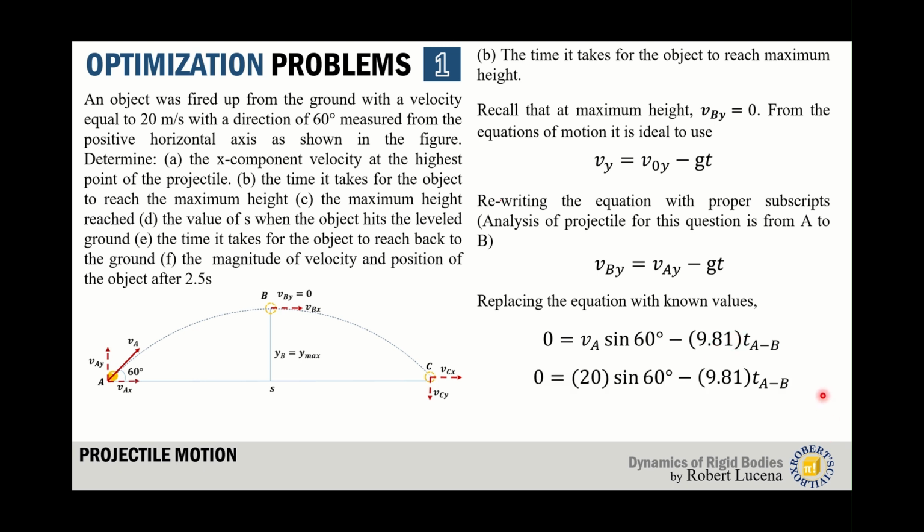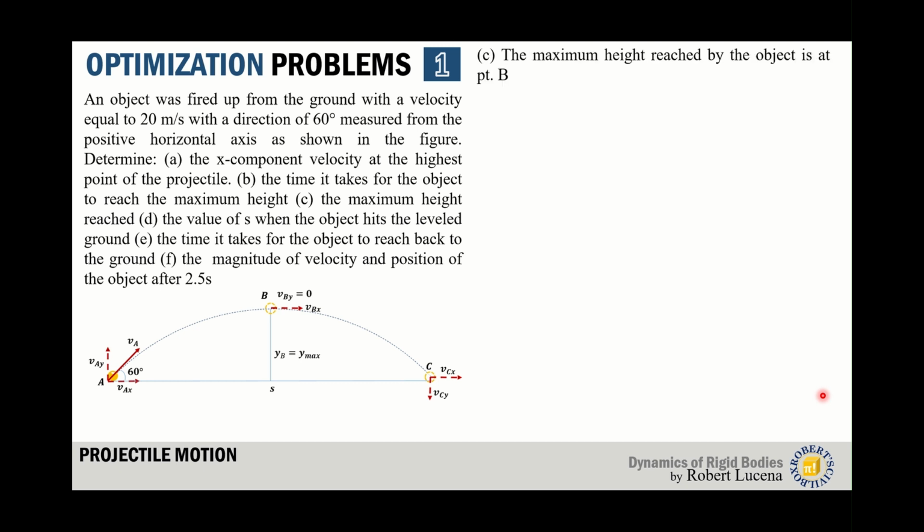So I can now solve for the time of travel from point A to B. The time from A to B is 1.77 seconds. So we have now the second question. Now for the third